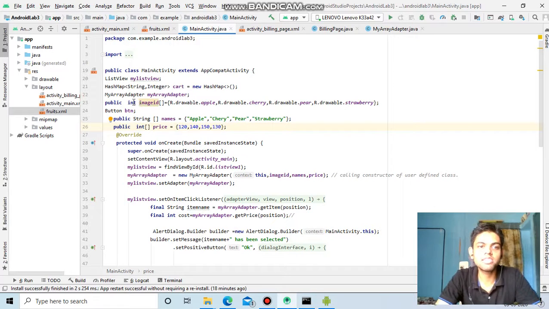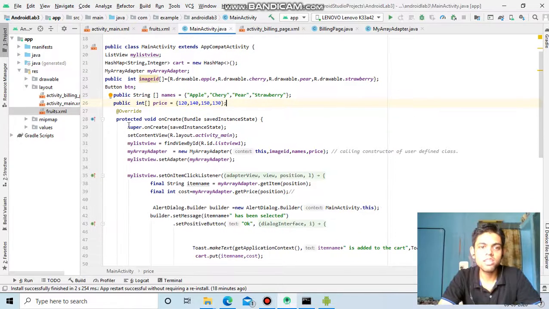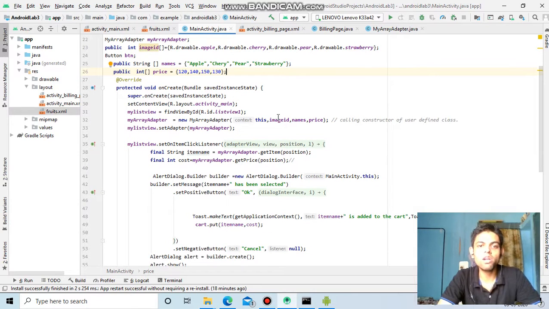Here I am creating these IDs. These are the images I am going to populate in that customized list view. So we have to keep them in an array, and then I have created one for their names and one for their prices. Their lengths should be equal, like 4 elements means 4 IDs for images, names and prices. You can add as many as you want.